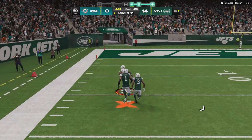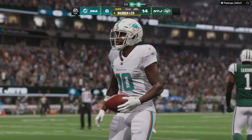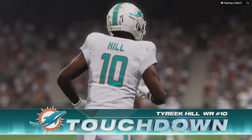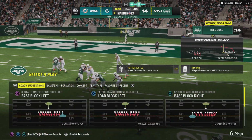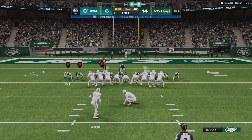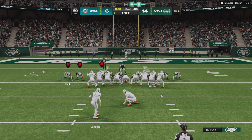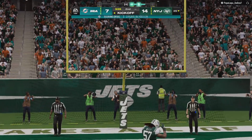And that's caught inside the 30. And all the way in for a Miami touchdown. Tyreek Hill, 85 yards. And the Dolphins are able to strike quickly here as they are in for 6. Jason Sanders now for the extra point. And that one makes it 14-7. Next score,